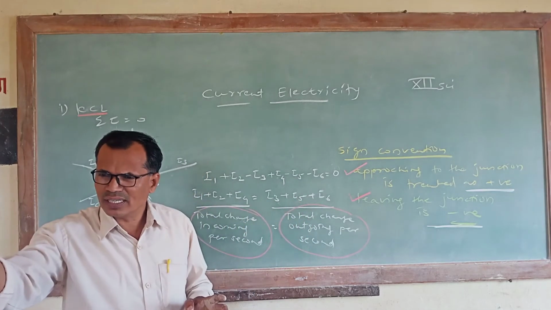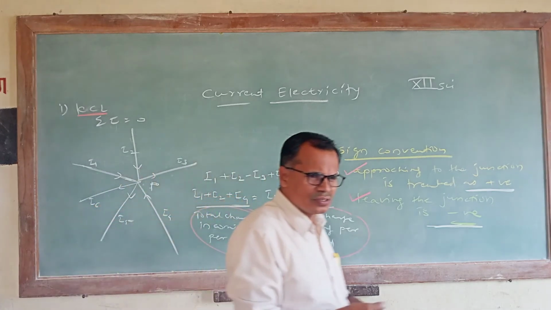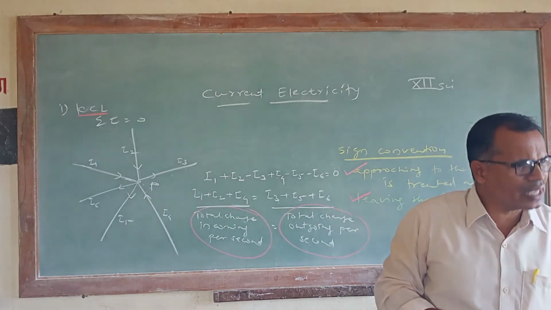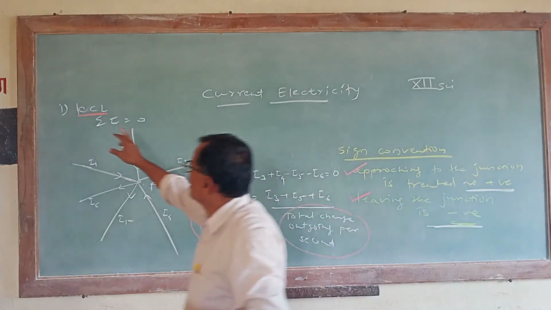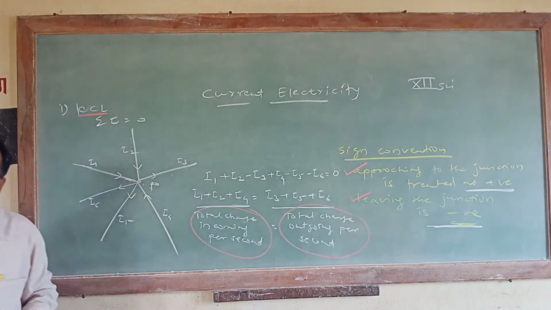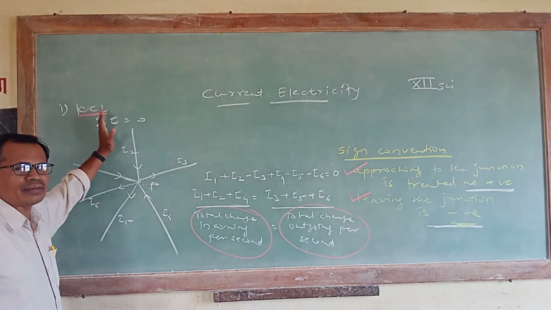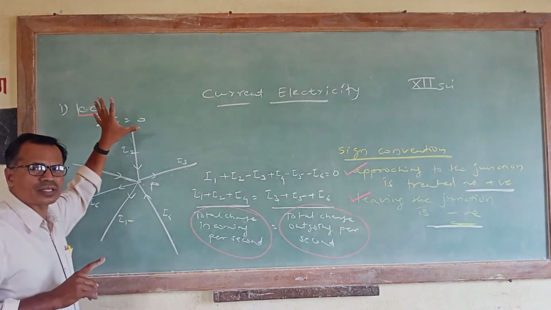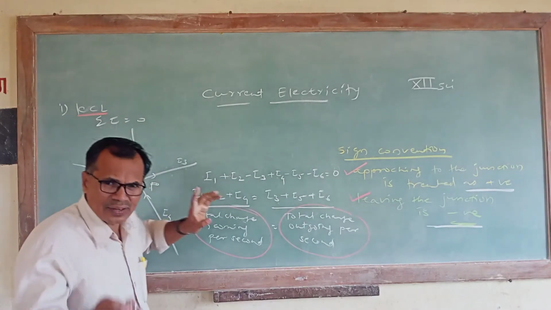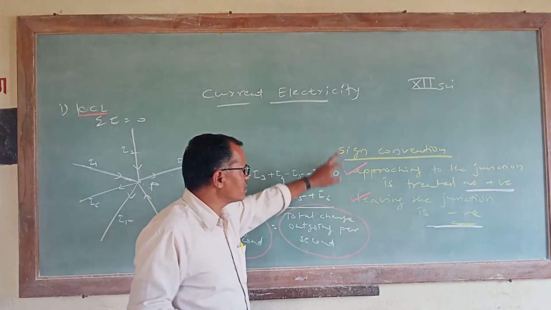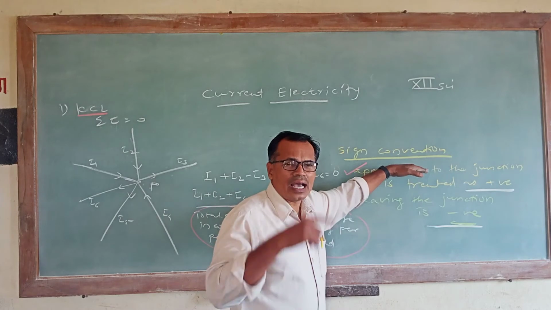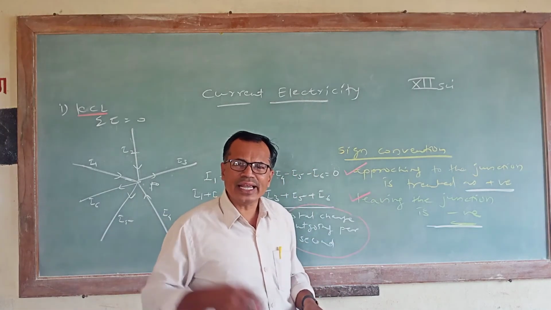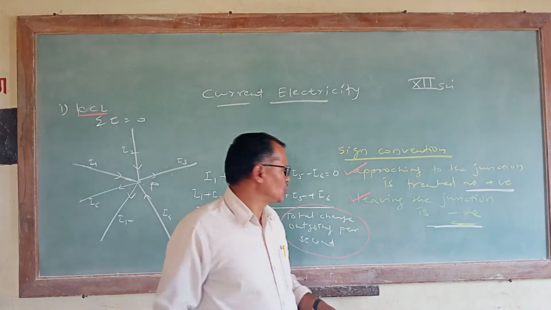Yes, did you get it? Does anybody have any doubt about Kirchhoff's first law, that is current law? What is current law? Yes, you tell me. Yeah, correct. That is the summation of I is equal to 0. I means current. That is how we can say that the algebraic sum of electric currents at any junction is equal to 0. This is called Kirchhoff's first law. Correct? And what is the sign convention? I repeat again. The current approaching the junction, incoming current, or the currents entering the junction are treated as positive.